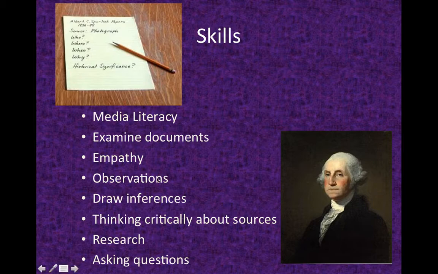We'll be making observations from paintings, which also incorporates a media literacy piece, connecting to what a lot of them use in 5th and 4th grade in their art classes, so we'll connect to that. We'll develop historical empathy and understanding the people and why they did the actions that they did, not excusing the wrongs that they did, but simply to understand why they did what they did. We'll be really focusing on asking questions and then answering those questions through research, and that process will be very much scaffolded.